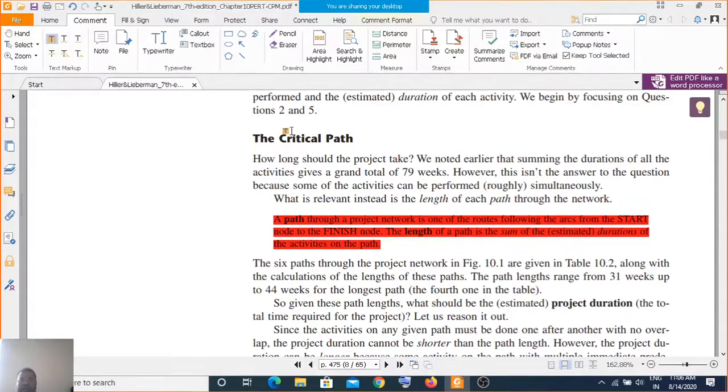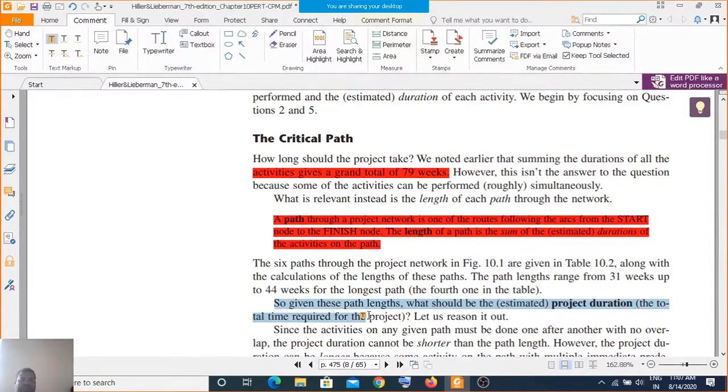If you take the grand total of the timing of these activities, it is around 79 weeks, and the limitation given to us is 47 weeks maximum. The six paths through the project network can be identified in table 2 with the calculation of the lengths of these paths. The path lengths range from 31 to 44 weeks, so given these path lengths, what should be the estimated project duration?